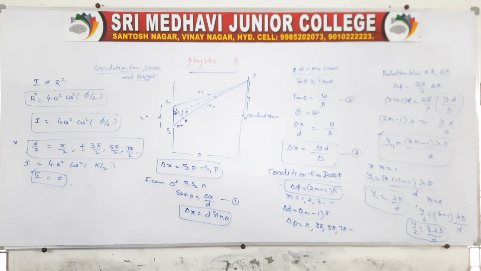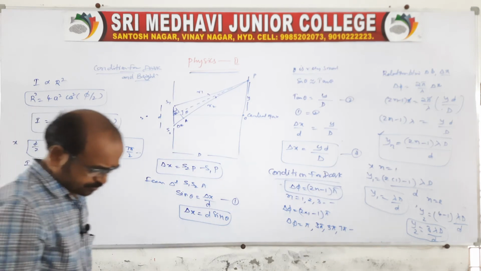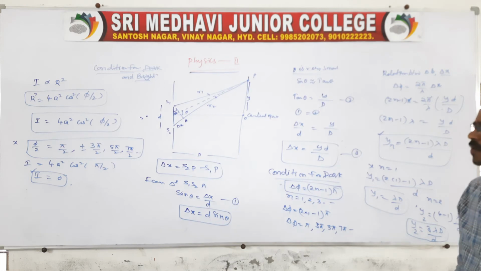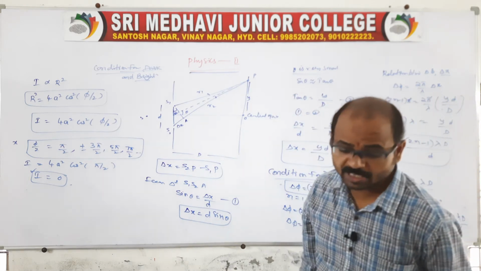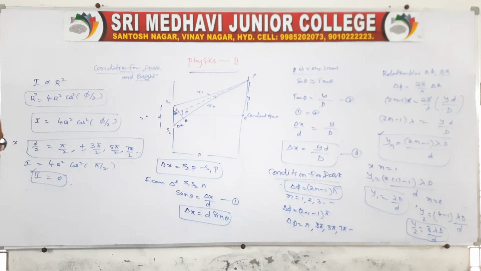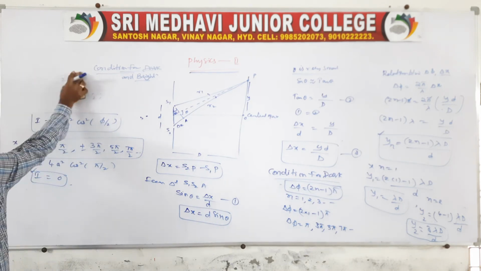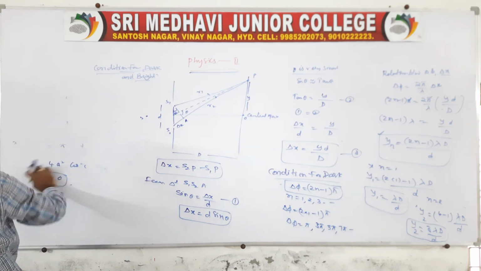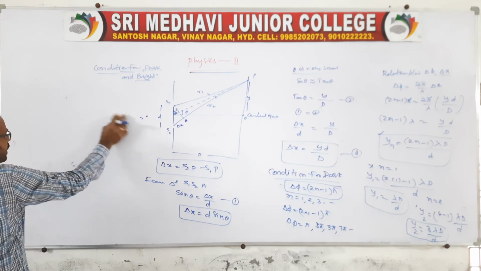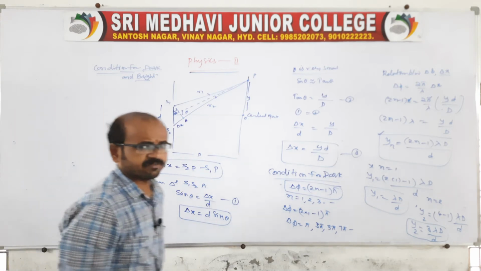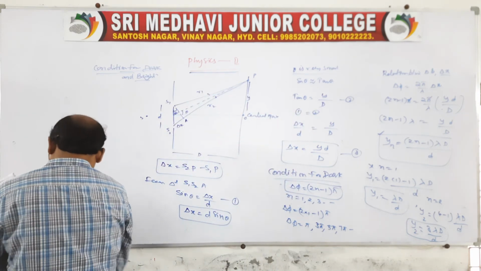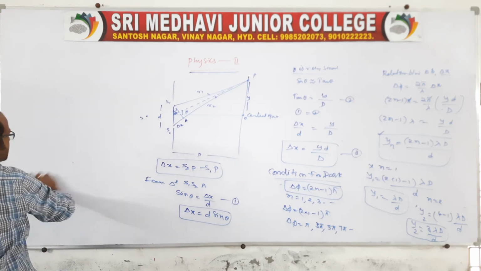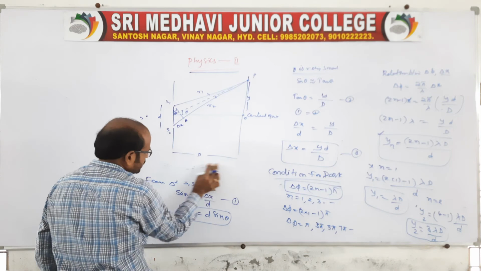Before that, I want to explain to you about fringe width. Sir, what is the fringe width? Very simple. On the basis of the same Young's double slit experiment, it is also for 4 marks in our material which was given. Side heading you take as fringe, F-R-I-N-G-E, fringe width. Width in the sense is the distance between. Actually from this chapter, in the final examination, we will get one short answer question.